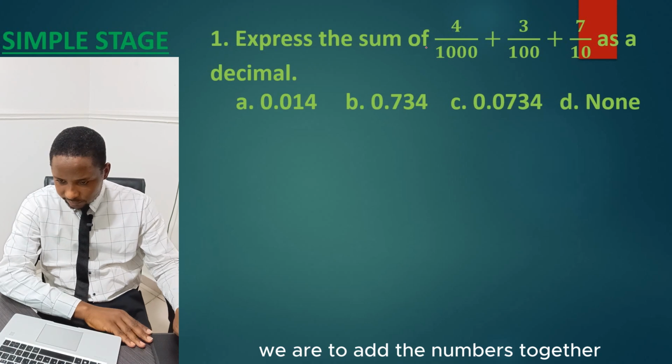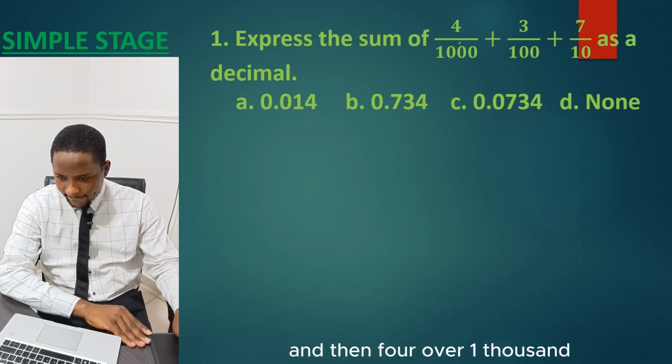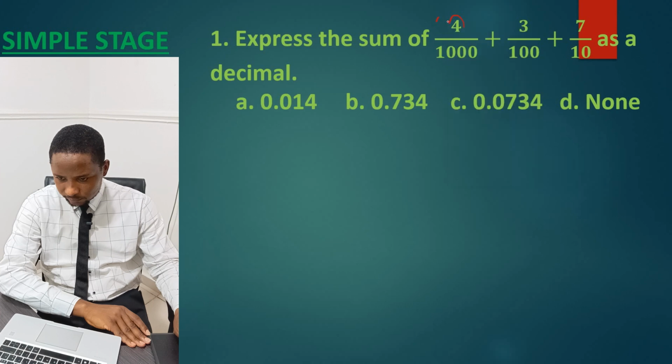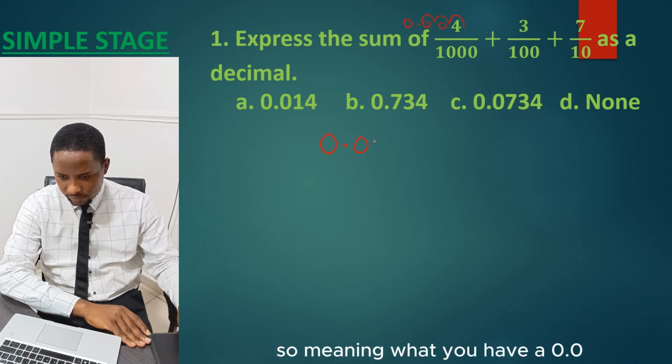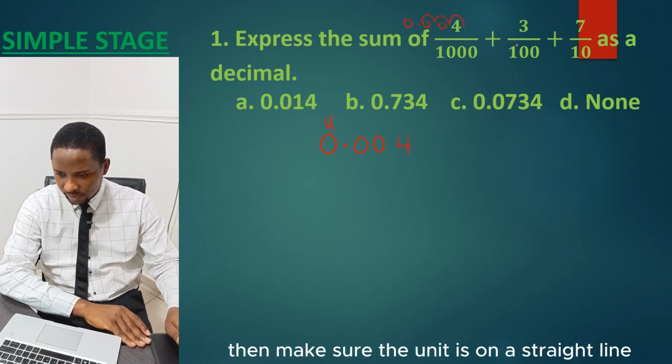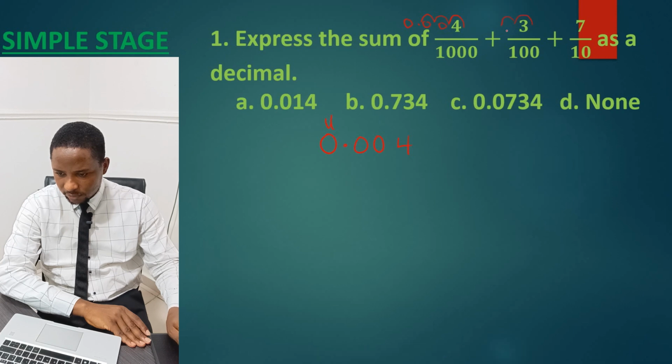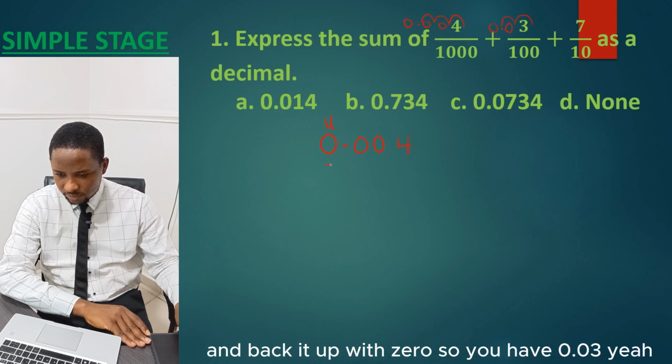Number 1, we are to add the sum together, and then 4 over 1000. So you move back 3 times, 1, 2, then 3. So you fill up this gap with a 0, a decimal point, and another 0. So meaning what you have here is 0.004. When you're arranging, make sure the unit is on a straight line. This is over 10. So you move 1, 2. Fill it up with 0, close it up with a decimal point, and back it up with 0. So you have